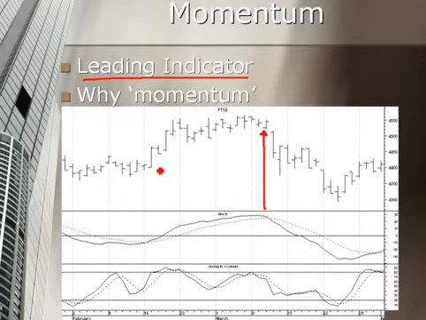By the way, virtually all of you will be advanced, but just in case you're not, with bar charts, each one of these bars represents a day. That's the low for the day, that's the high for the day. This horizontal line coming out to the right represents the closing price. The horizontal line going in from the left represents the opening. So for instance, let's take this one. That's the closing price, that's the high, that's the low, and that's the opening. So in one day, you've got four pieces of information: open, high, low, close. Very straightforward.